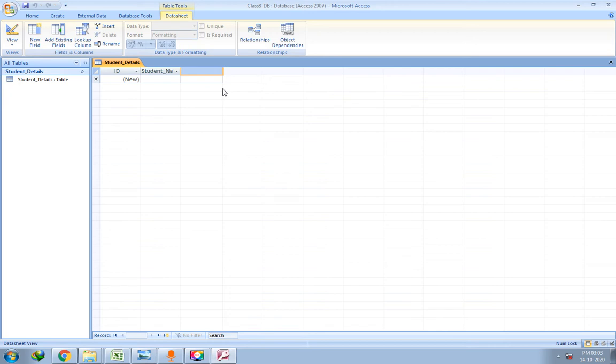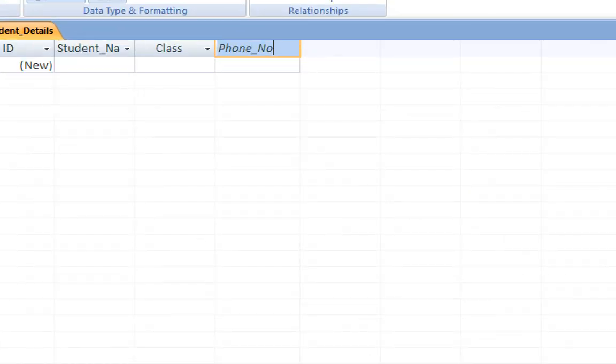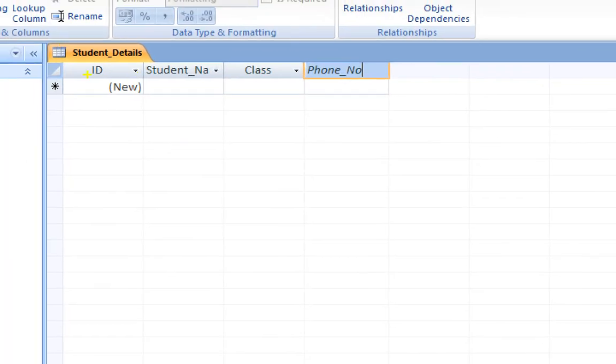Next field, if you want, you can add class, and next field as phone number, phone underscore no. So this is the way to create the fields. A field means a single column heading in the table. ID is a field, student name is a field, class is a field, and phone number is a field. So totally there are 4 fields in this table.